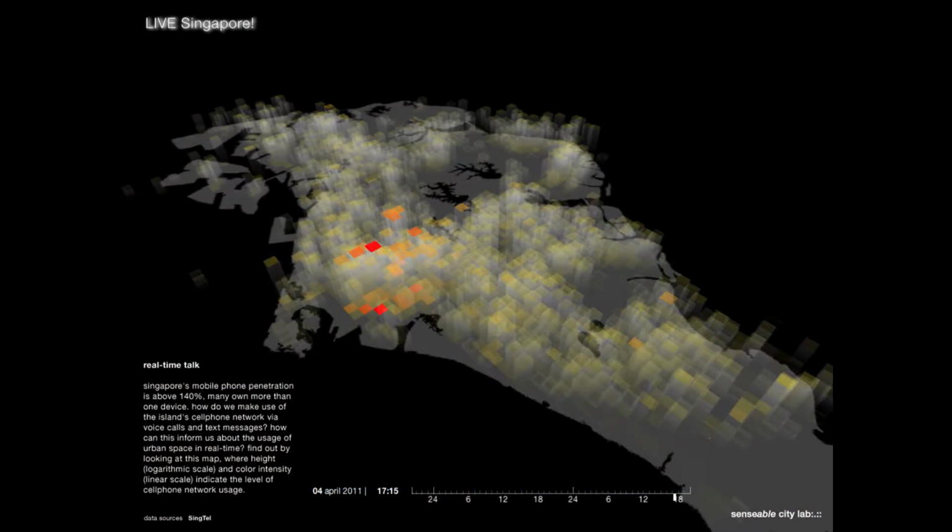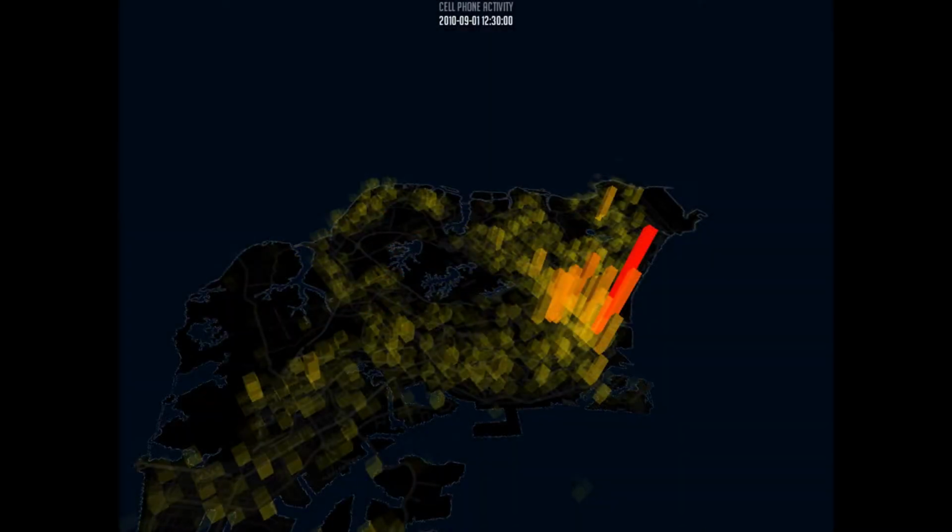Another data set that we were looking at was Singtel. You guys want to talk about CDR some more? So Singtel is kind of like the AT&T of Singapore. They're just this massive phone company. And we were looking at these data sets that we're talking about, hundreds of millions of records a day. And we had to really simplify it in order to get a holistic view of the country's activity.